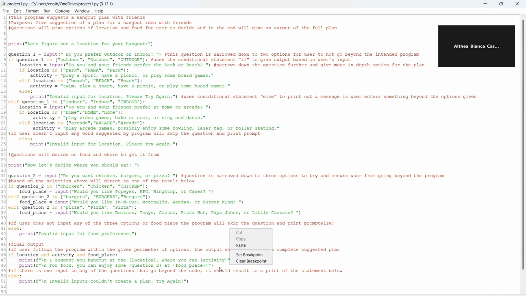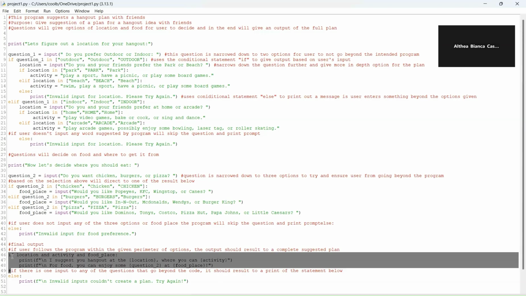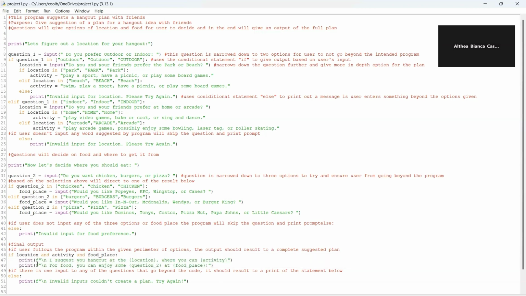Based on their input, their plan is created, and it should print I suggest you hang out based on the location from question 1 and the activity, and the food from question 2 and the place where it's from. And once again, if any error was made between one of the questions, the program will print out invalid inputs, couldn't create a plan, and for the user to try again.